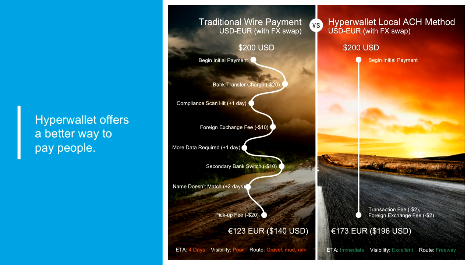This is a great infographic that describes the problem. So if we're traditionally doing global payouts, you would use an international wire. And that's usually done by banks that form a partnership called correspondent banks to basically move money between their different banking systems around the world. The problem is that it's not cost effective, and by that windy road, there's not much visibility or transparency in that transaction. A very real scenario is a $200 payment originating in the US. The fees that get assessed will look like this.